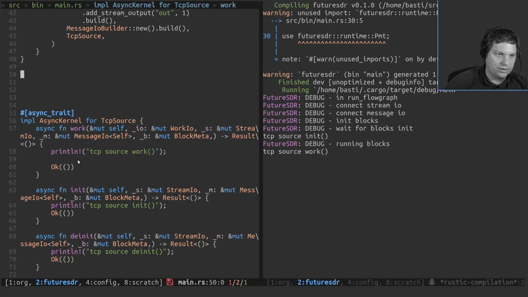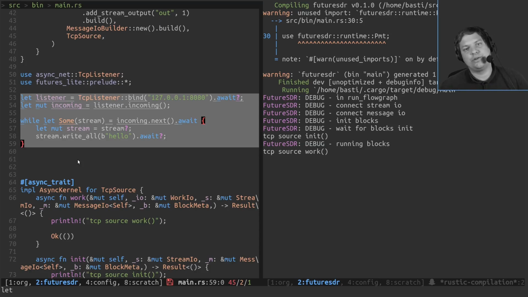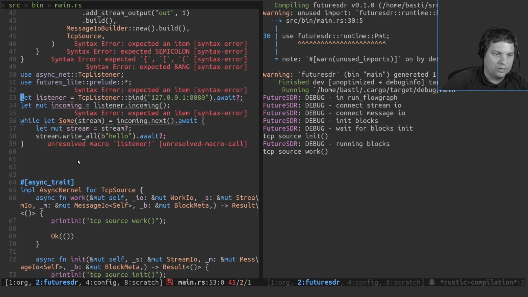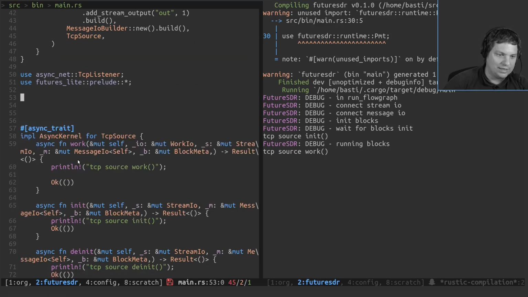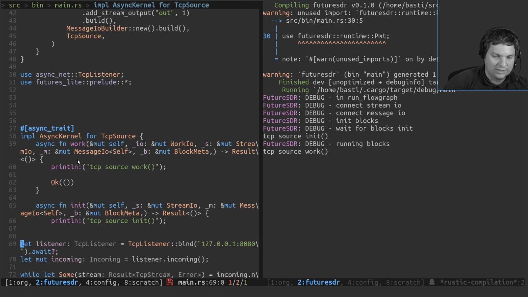And now the question is, where do we want to open this connection? I'd say we do it during initialization. So that means the block doesn't initialize as long as there is no client connected. And once you connect, then the flow graph starts up and then you call work. And in work, you can then read from this active connection. Probably if you do a proper full-fledged block, maybe that's not how you would do it, because you want to have the flow graph start up and then maybe connect during run. I mean, it all depends on the use case or what exactly you want to implement.